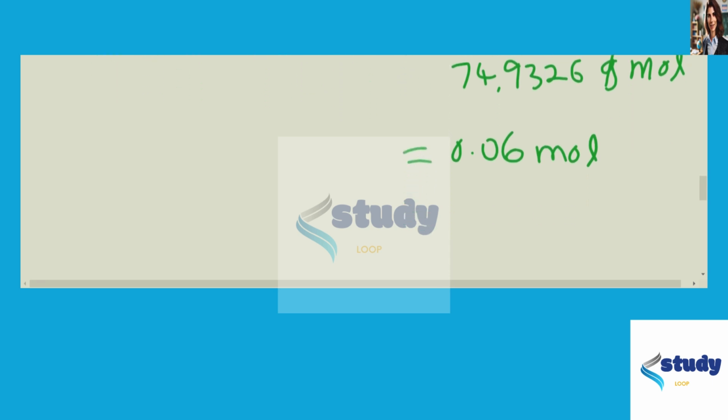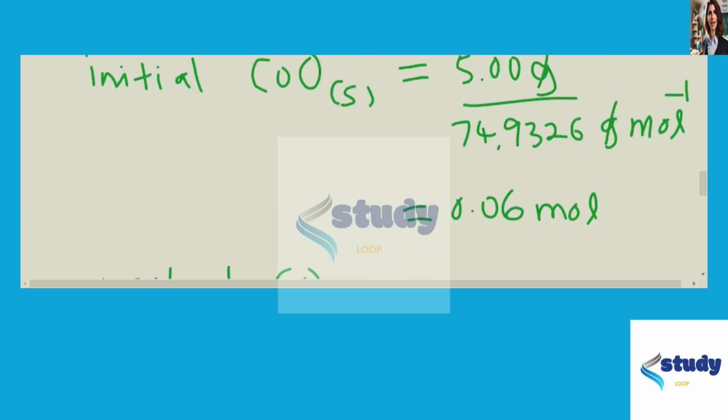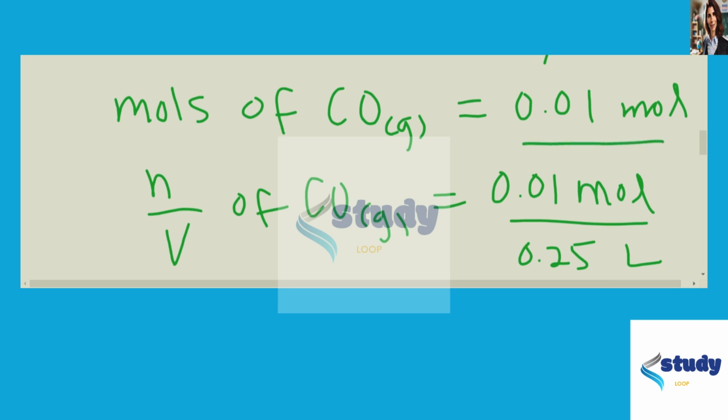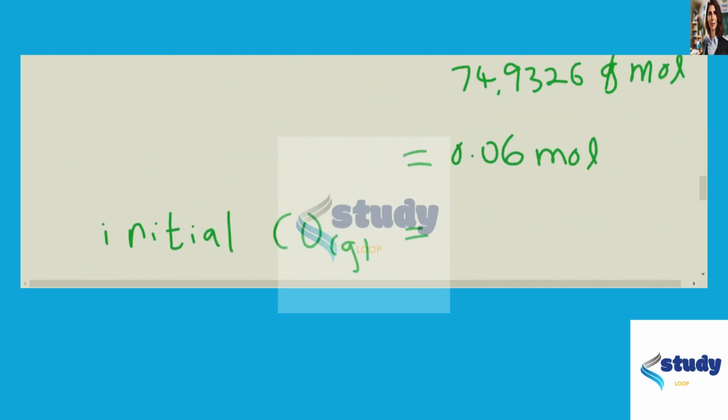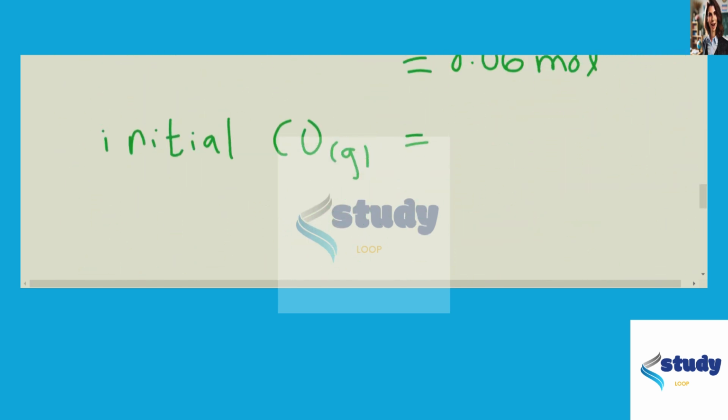And then we can also calculate the number of moles of CO present initially. Actually, we already calculated that, and that is equal to this 0.01 moles. So CO is going to be the limiting reagent in this system,